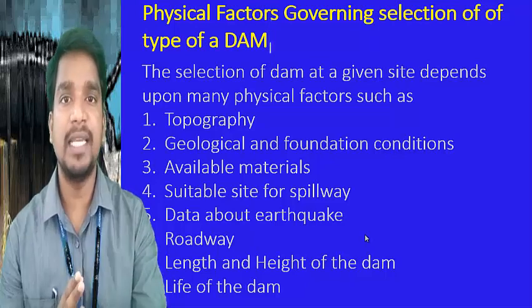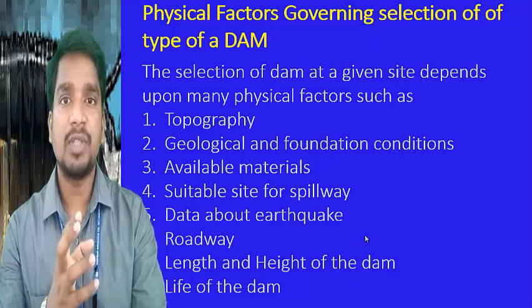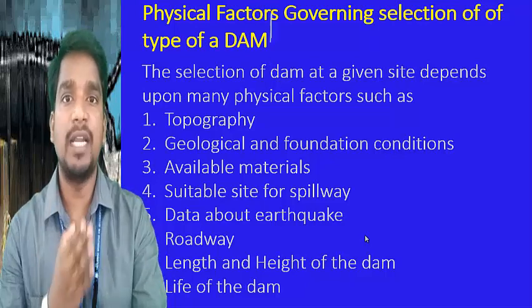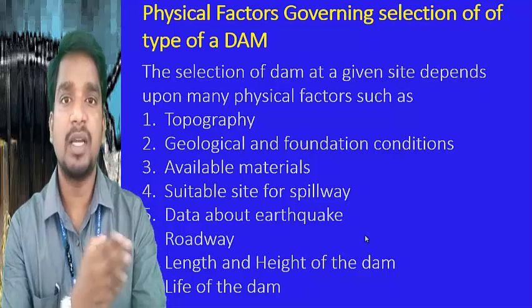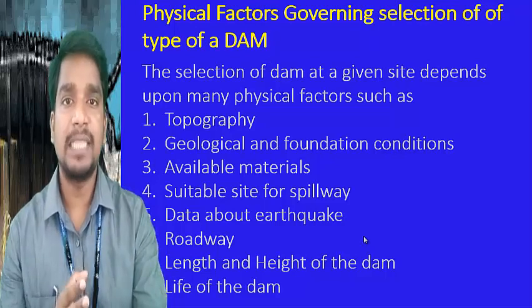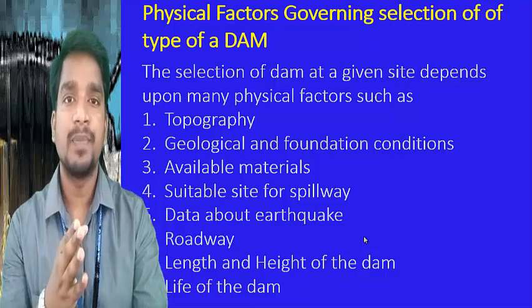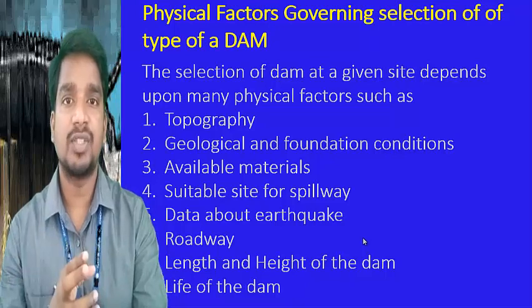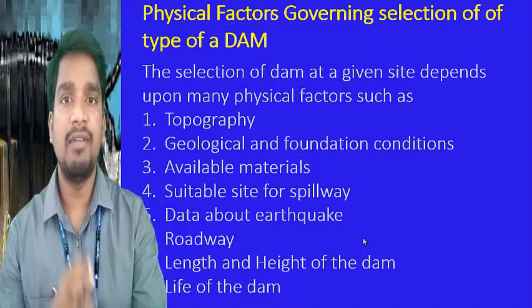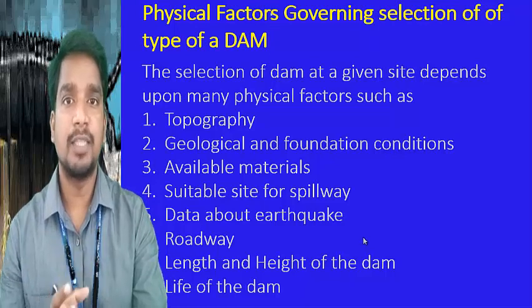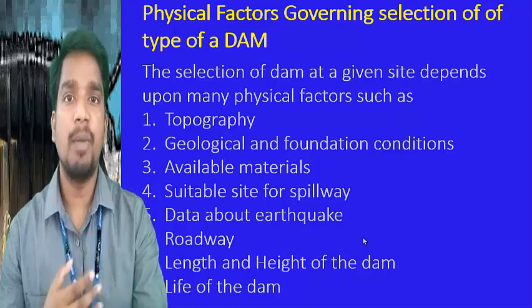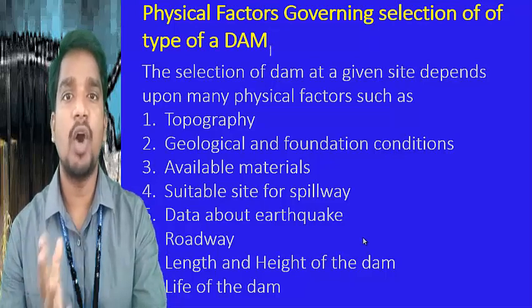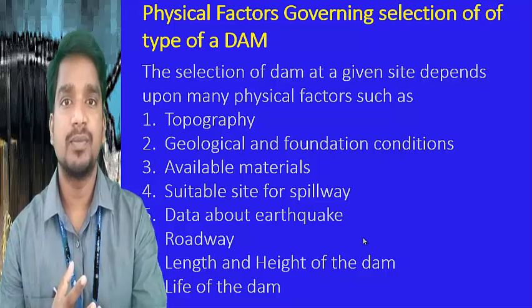Coming to non-rigid dams, examples are the earth dam and the rock fill dam. These are constructed using non-rigid materials. For example, an earth dam is constructed using locally available soil and some gravel, mixed together. In a similar fashion, by using rocks we form an embankment to make a rock fill dam. These two are non-rigid types of dams because they are constructed using non-rigid materials.